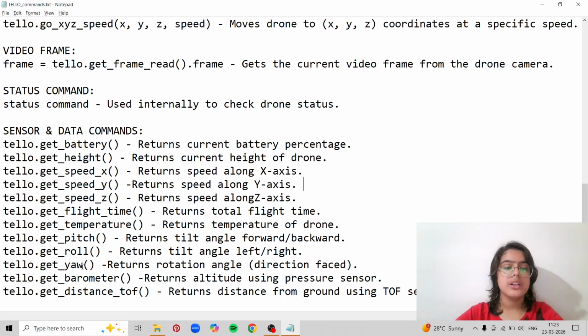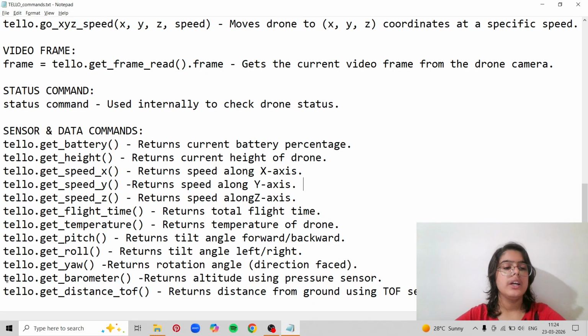This happens a lot. Whenever you're flying your drone, you might not know where it will go if you press forward right now, and you don't want your Tello drone to get crashed somewhere. So it is important that you know where the drone is facing right now, so you know whether to click forward, backward, left, or right. tello.get_YAW helps you understand which direction the drone is facing right now.